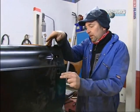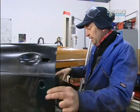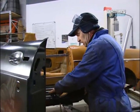Next job is to start tack welding these in place, and the first one to tack weld in is going to be the inner sill. So we just